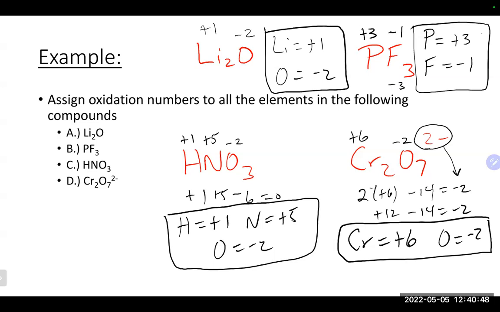Any questions on assigning oxidation numbers? All right, we were laid up there. I think